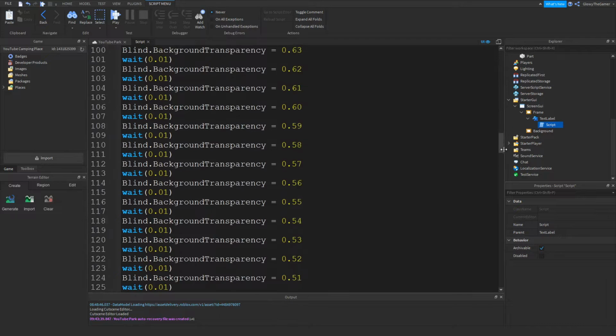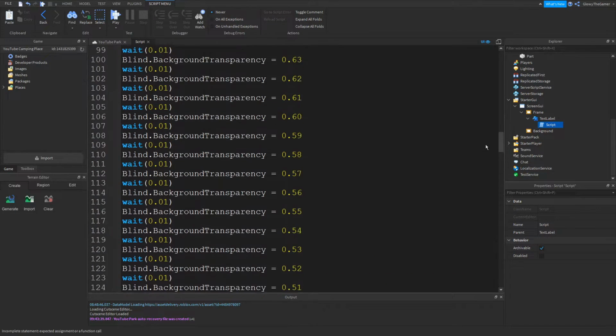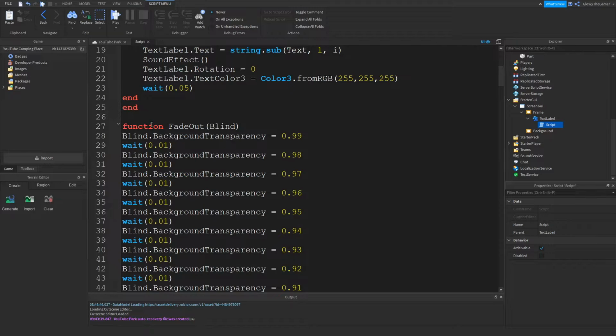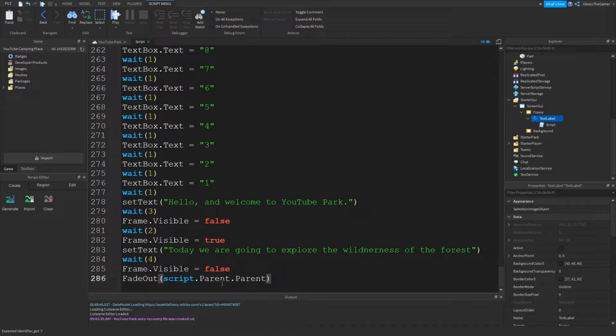To use the fade out function, we're going to choose when to use it. Now we're going to use the function fade out, and then now it says blind, right? But now that we deleted what it meant, it doesn't know what blind is. So in order to tell the script what blind is, we have to do, in the parentheses of fade out, script.Parent.Parent. And now that we have done the script.Parent.Parent, it recognizes that the blind is talking about the frame above